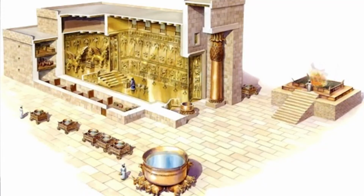Now you see the steps right here, but this is just like in the temple there. The color is great on here because you see all of the gold. And like I say, when Nebuchadnezzar raided it, and actually throughout history we're going to see that they raided this. There was so much stuff here. They're not even picturing half of it. All of it was gold, mostly gold, and then silver. Later we're going to see